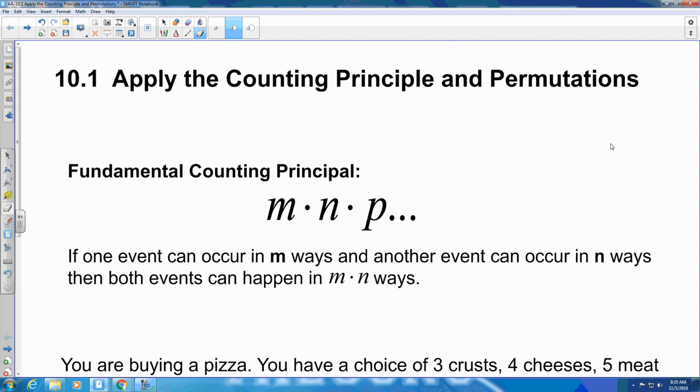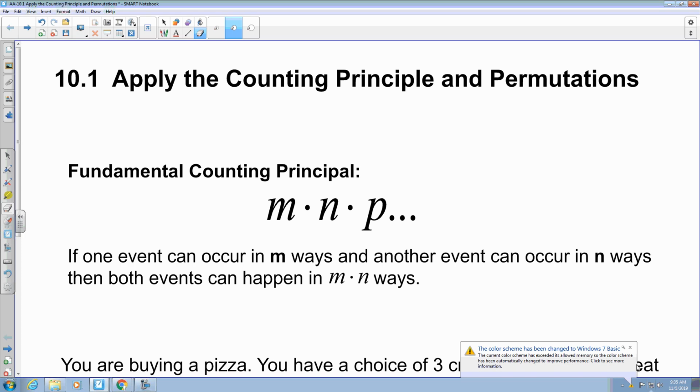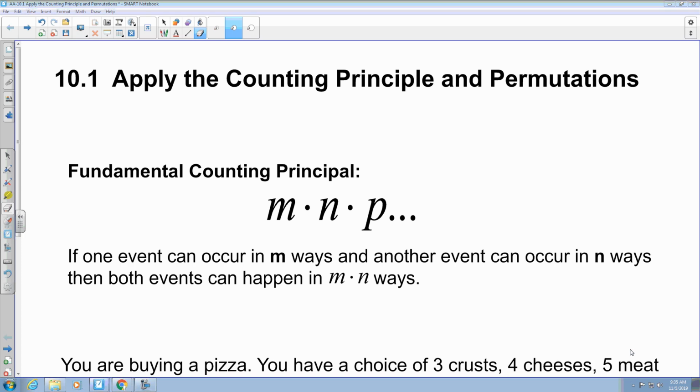All right, we're in section 10.1 where we're going to apply the counting principle and permutations. Expanding on items of probability and statistics, a little bit of this is a review from other classes. Some of it we're putting some new wrinkles in. First and foremost, we're going to talk about